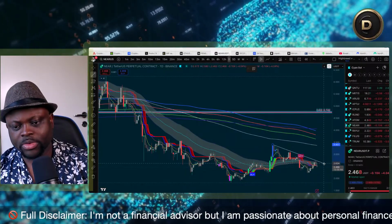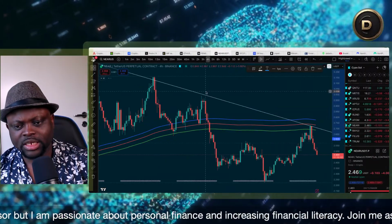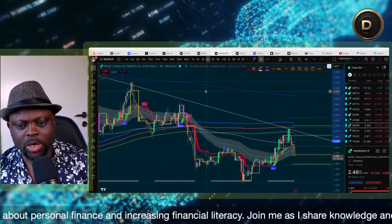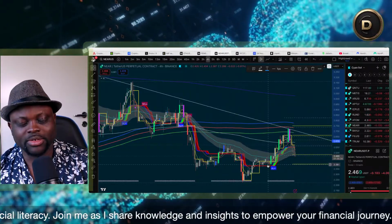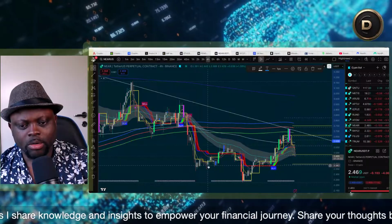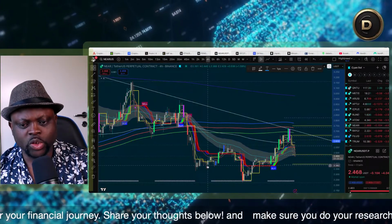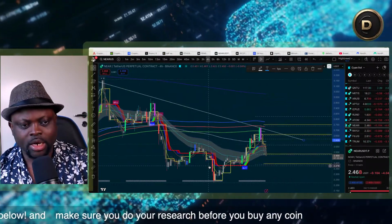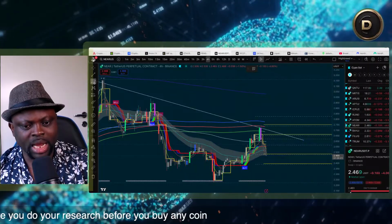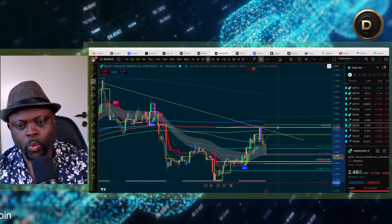Let me just confirm this. Looking at the 4 hour time frame, if that's the case, yeah, we might be getting a bounce soon. You can see, we might be getting a bounce soon, not some bounce, a bounce soon. Price is going to do something drastic. We have to confirm it by bringing in the FIB tool to know exactly when or where we can be